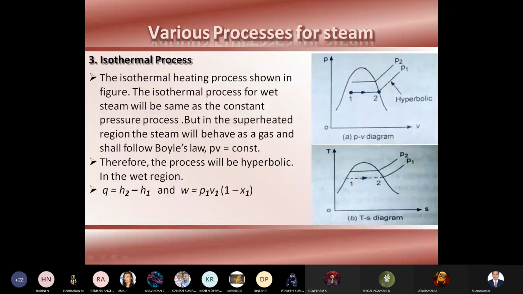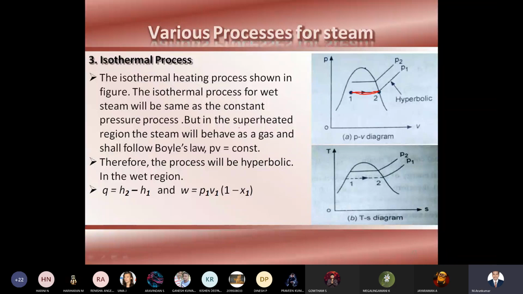Then for the isothermal process, this is your PV diagram of our isothermal process. Isothermal means a constant isotherm. So in a constant isotherm, the isothermal line will be like this, right? The isothermal heating process shown in this figure, the isothermal process for wet steam will be the same as the constant pressure process. If you compare the isothermal process and the PV diagram, this will be the same as an